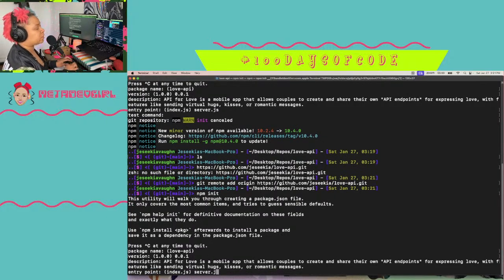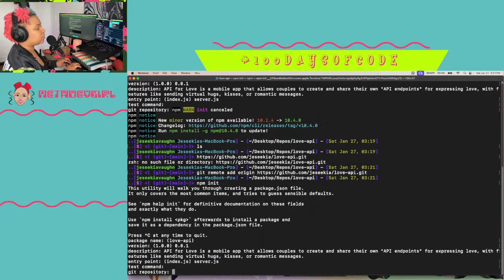We go server.js. Skip the test command for now. Oh, see, it still didn't work. What the heck? I thought I was gonna save this. Is the git repository normally just the URL name, or is it normally with the .git on there? Let's just do it this way.